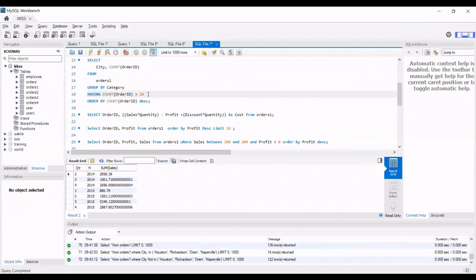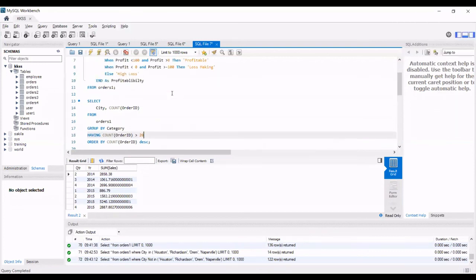So if you have a where clause as well as a having condition, first it will implement the where clause, then it will apply the having condition. We can definitely do it with the where condition, but it's a roundabout way. You have to first save it as a temporary table and then do it. Having is a shortcut and crisp way of getting the task done.